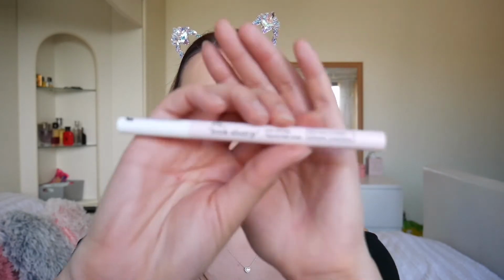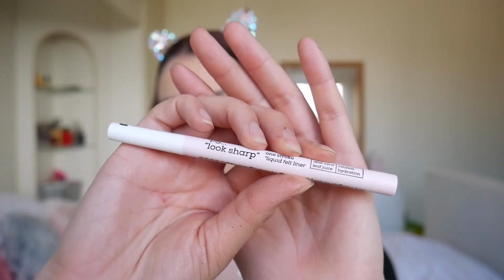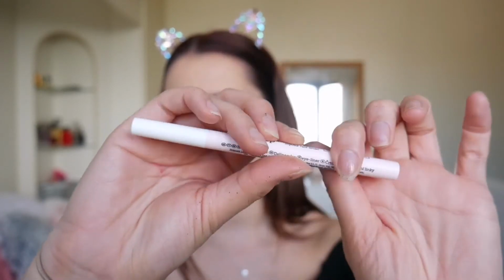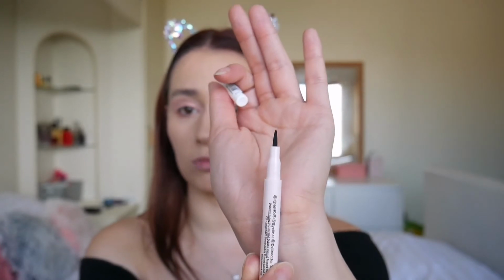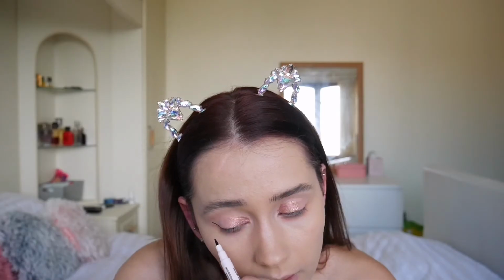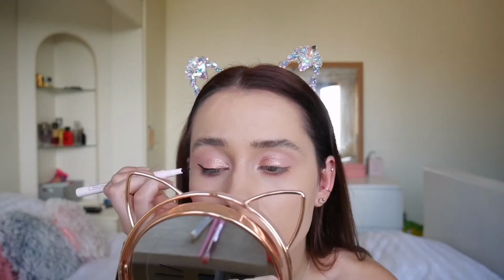So I picked up the PS Look Sharp One Stroke Liquid Felt Liner, which is kind of similar vibes to the Maybelline one, just different packaging. And that is what it looks like. I've only swatched it on my hand, I've not used it on my eye. I really like that, and I feel like I'm cheating on my Maybelline one, but I actually think this is